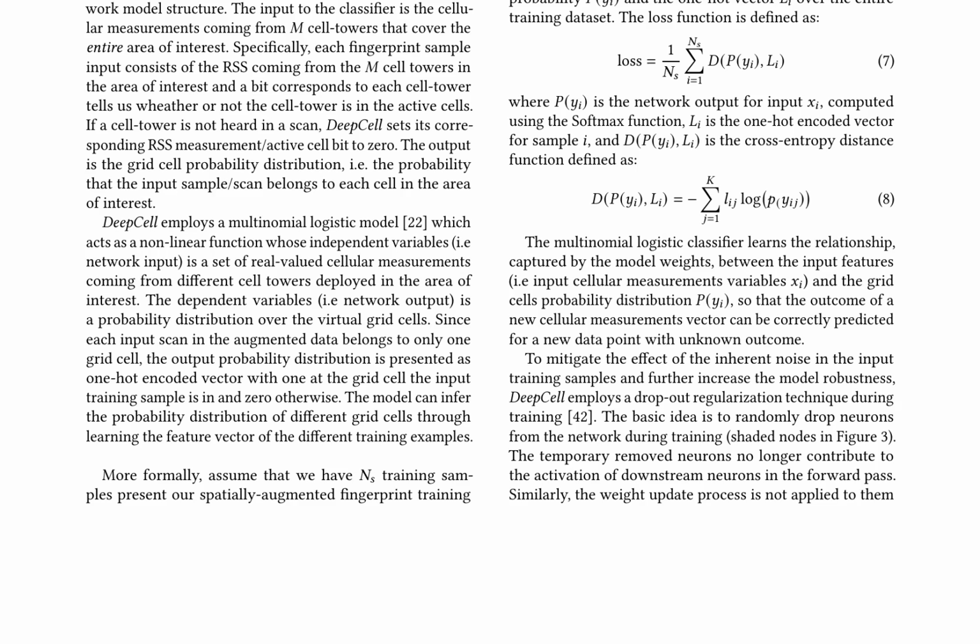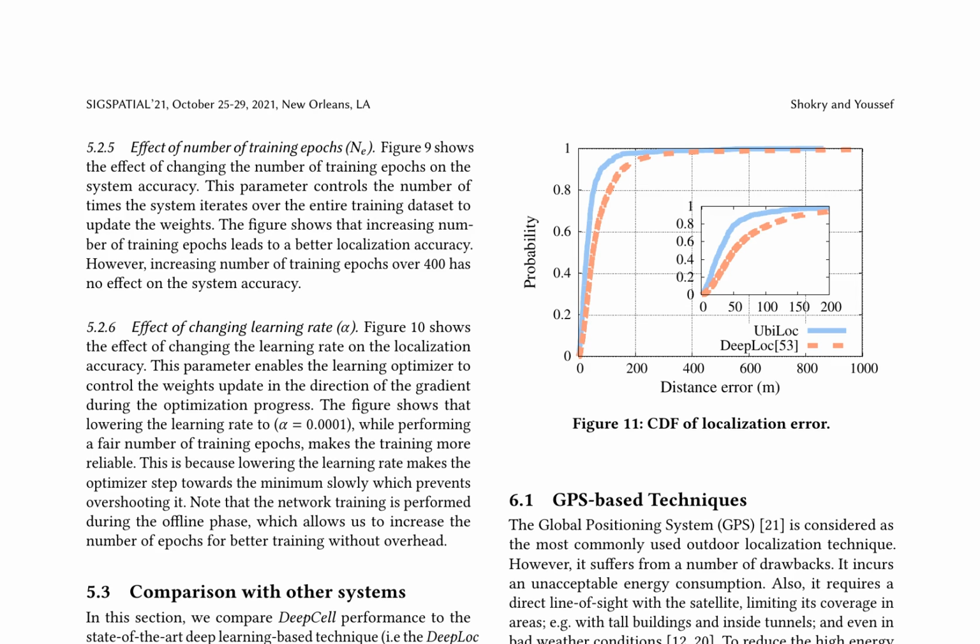This model learns the relationship between input features and grid cells' probability distribution through training, with dropout regularization used to mitigate noise effects. During online user tracking, DeepCell relies solely on phone ID as input, estimating the discrete grid cell and refining the location using a fine estimator module. The system's performance was evaluated in a 2.04 square kilometers urban testbed in Alexandria, Egypt, demonstrating accurate location estimates and